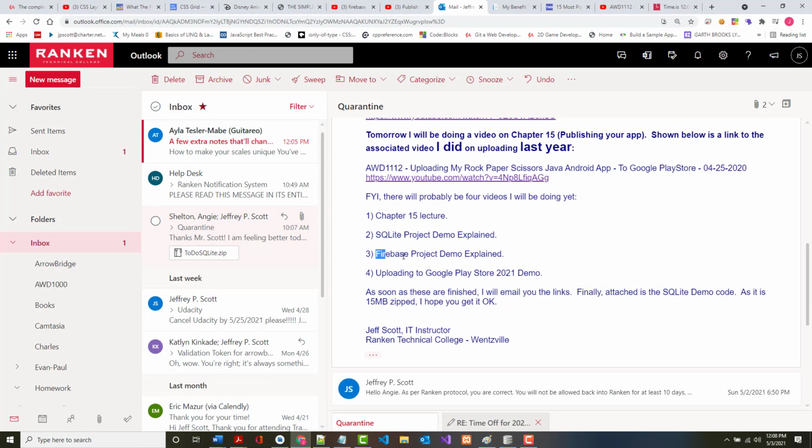And let's see. Then I'm working on a Firebase project right now. It's really simple. It was supposed to be something like a payroll app for a company where you could go in and enter in people. All I got right now is first name and last name. All right, but you could enter other stuff in there and you can log in and you can log out. And you can sign people up. So that's what's in there right now. So I want to do that probably on Wednesday morning. All right. So that might be it then.